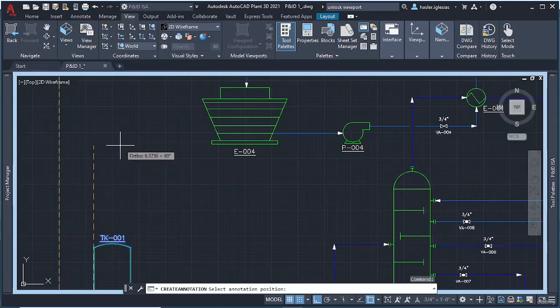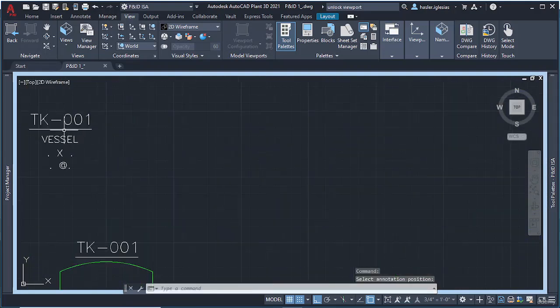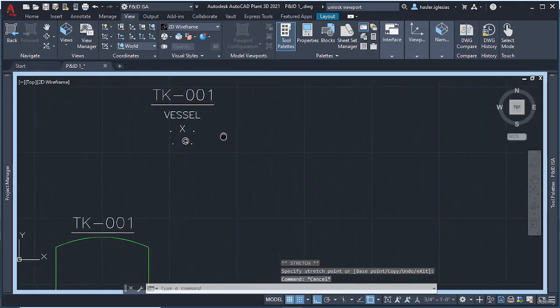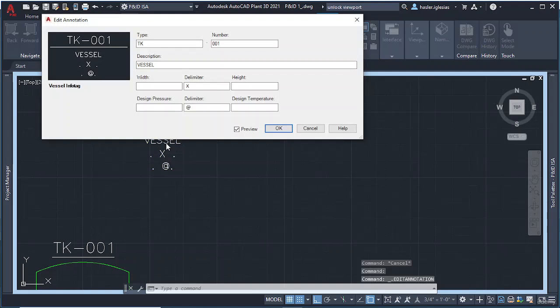Vessel info tag, I'm going to put it here near the original annotation. The vessel info tag has this format. It says it is a vessel, and it has some symbols here that have to be completed. So let's double click here. And look,